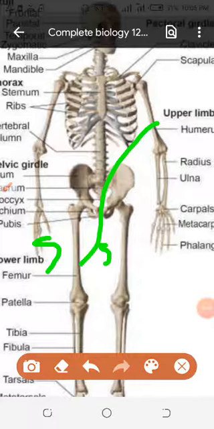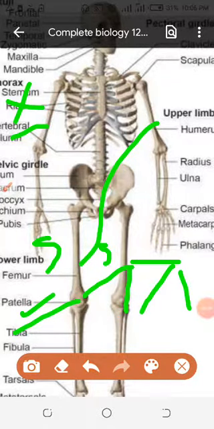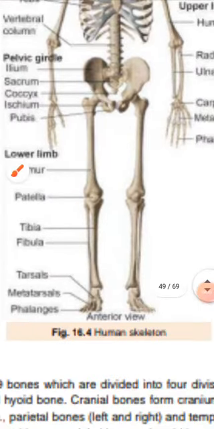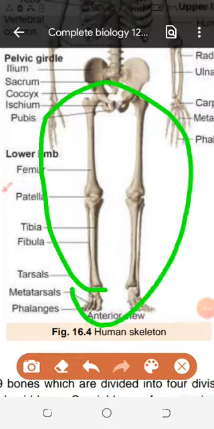Are you using the forelimbs all the time? No. You are using the legs all the time. When you walk, you will use your energy, you will run, you will move from one place to another by the hind limbs. Of course, there are some tetrapods. Tetrapods are animals which use 4 limbs to move. We use these 2 limbs to move. Because we use these 2 limbs to move, nature gave us strong hind limbs. Nature decides which animal needs which thing more.